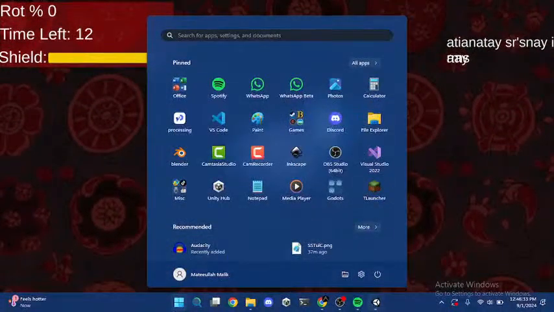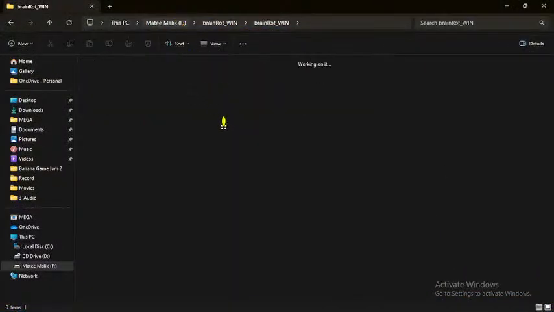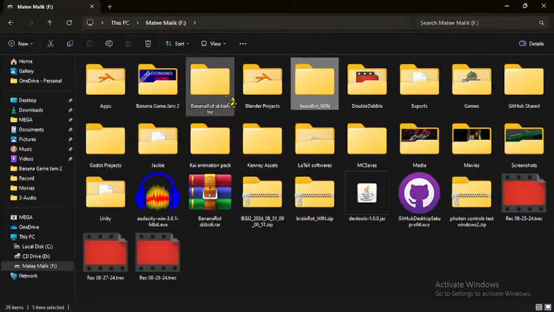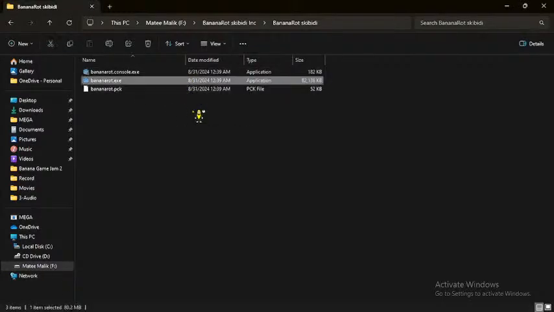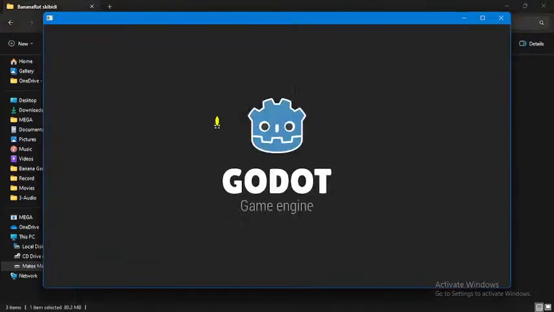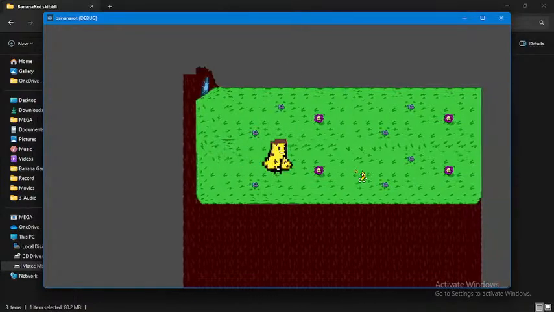This is definitely not the game. We had Banana Road, Skibidi Incorporated. This one. So I have a character. It looks like a banana with